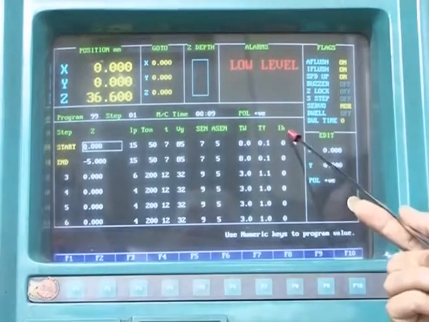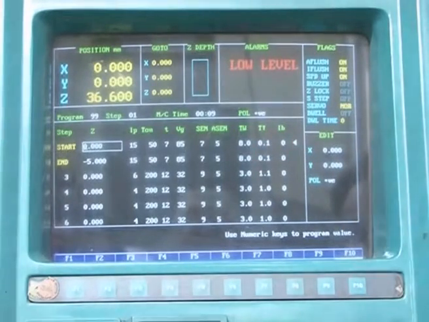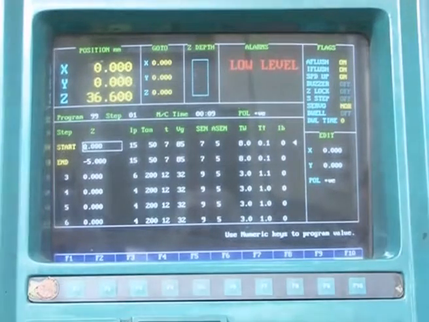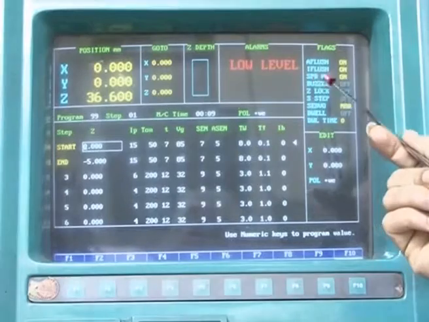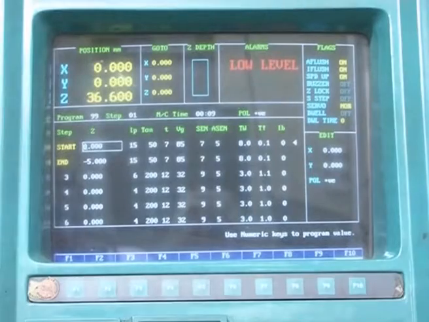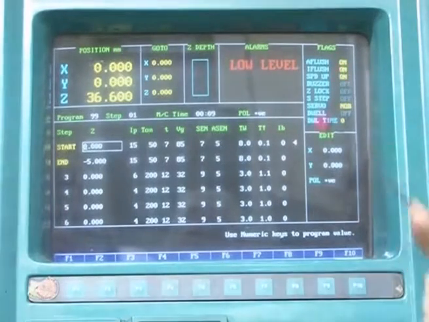And this is IB. It is not particularly used for this machining process right now. Now this menu gives the flag. The flag is some type of alarm: when machining takes place and there are some unwanted noises, this alarm will sound. This is the auto flush, then speed up, buzzer, servo, and dwell time. Dwell time is when machining takes place, you can give some dwell time so that machining can take place at a higher rate. At present most of these are off and the first three are on, so that you get an alarm if machining is not taking place properly.